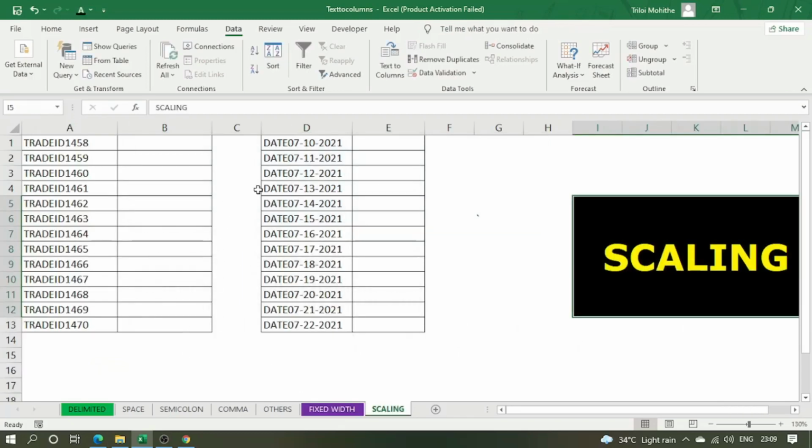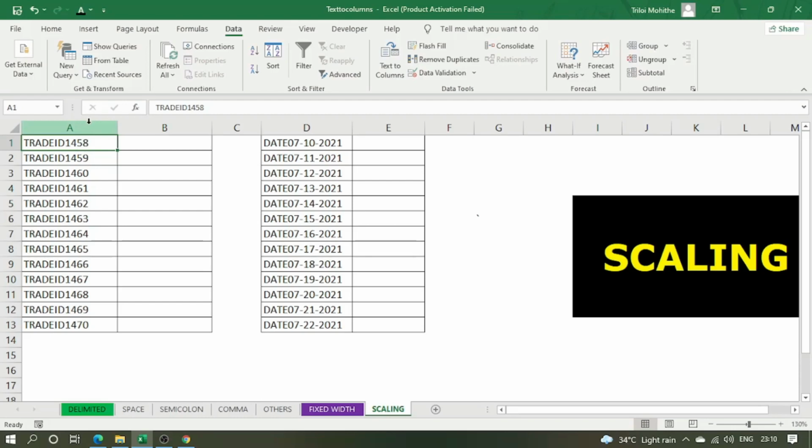In this sheet, I have two different kinds of examples. First, we'll try to understand with one example. Here we have data with a trade ID along with a number. What I want to do is separate the data: the trade ID should be separate and the number should be separate. How are we going to do it? If you do it manually, it takes a huge amount of time. What if you had a tool which can do it within seconds? How can we split it?